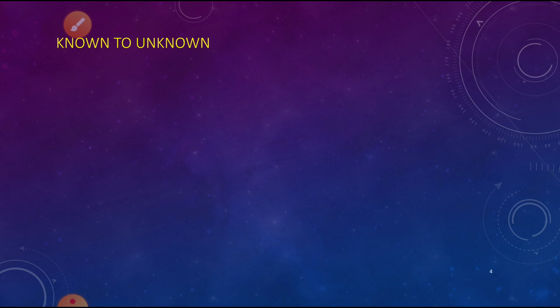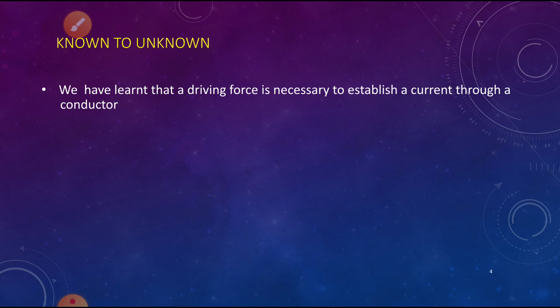Now, known to unknown. We have learnt that a driving force is necessary to establish a current through a conductor. The driving force is called electromotive force or potential. What is the meaning? In first year level, you have learnt that